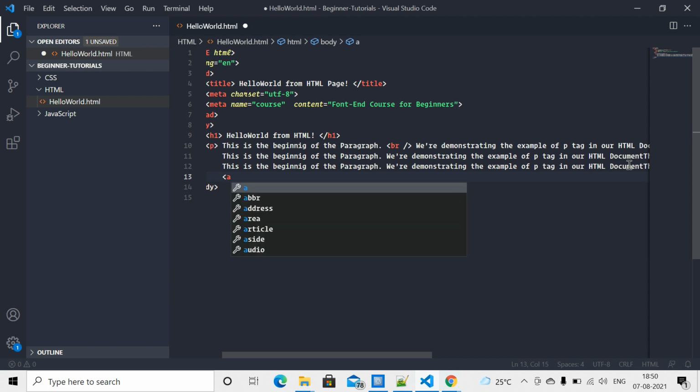So this is how we write the anchor tag. It has an attribute called href, whose value should be a valid HTML URL or some domain. So here we are navigating to www.youtube.com. Okay,